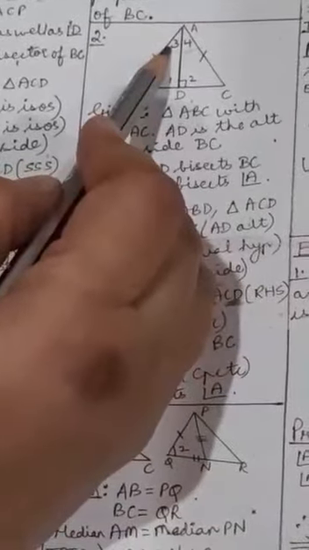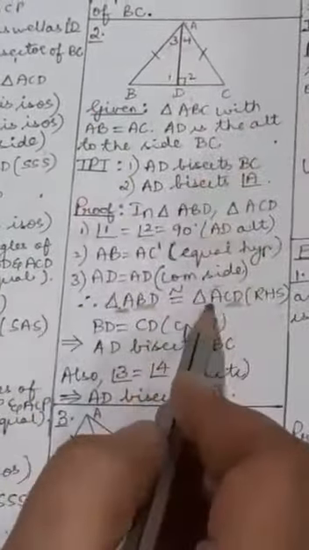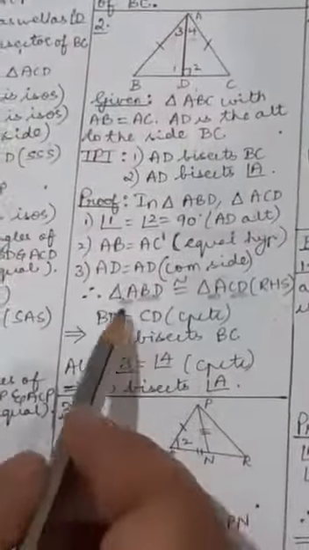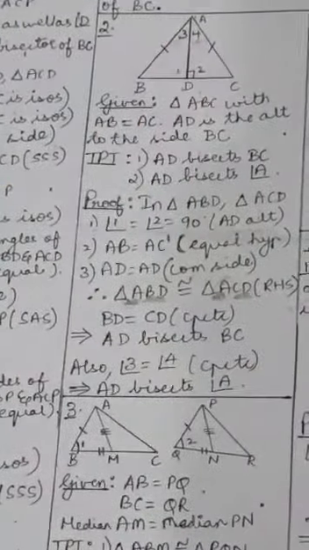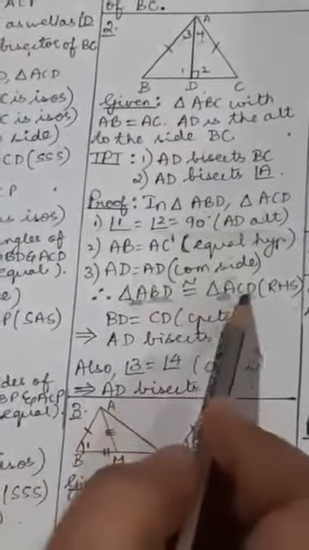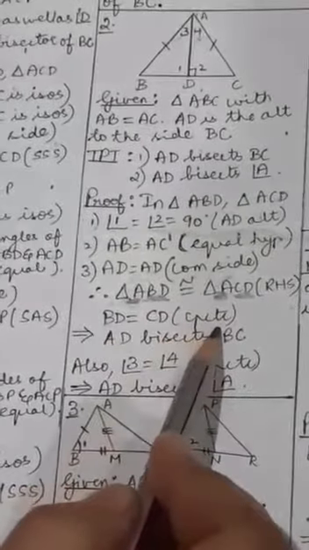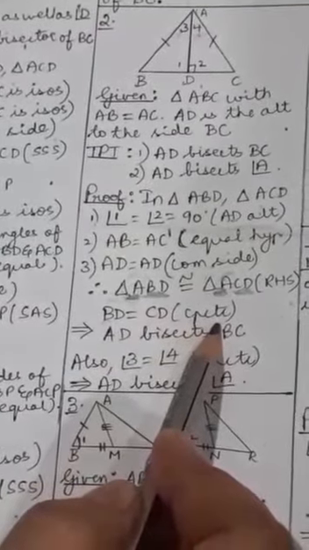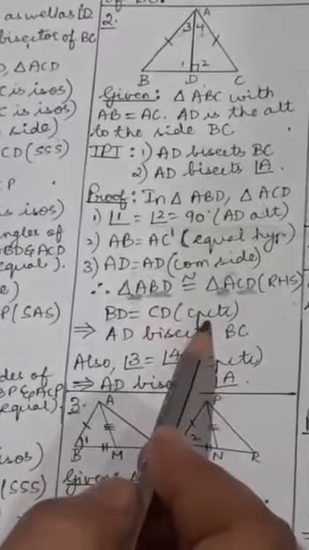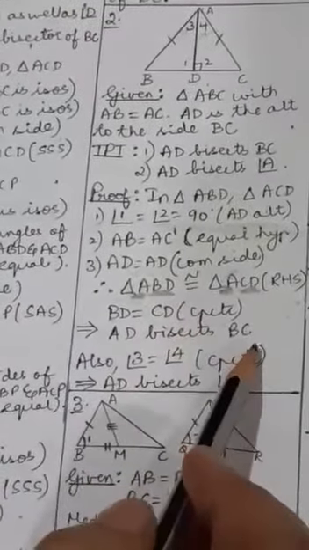So in ABD, which is A, only angle 3. In the other triangle ACD, that portion angle A is angle 4. So see here, angle A is equal to angle A, which means angle 3 is equal to angle 4. So we have BD equals CD. Reason: corresponding parts of congruent triangles are congruent. Or you can say corresponding sides of congruent triangles are congruent.